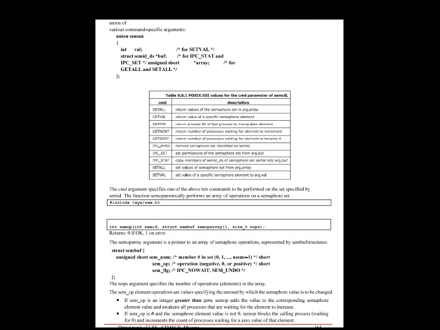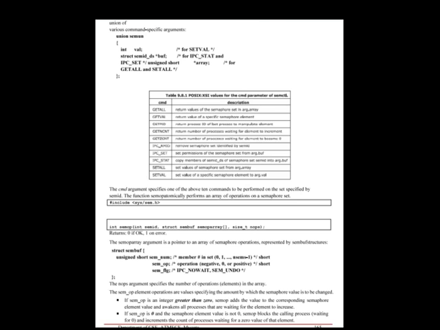When a new set is created, the following members of the semid_ds structure are initialized. The ipc_perm structure is initialized. The mode member of this structure is set to the corresponding permission bits of flag. sem_otime is set to 0. sem_ctime is set to the current time. sem_nsems is set to nsems.